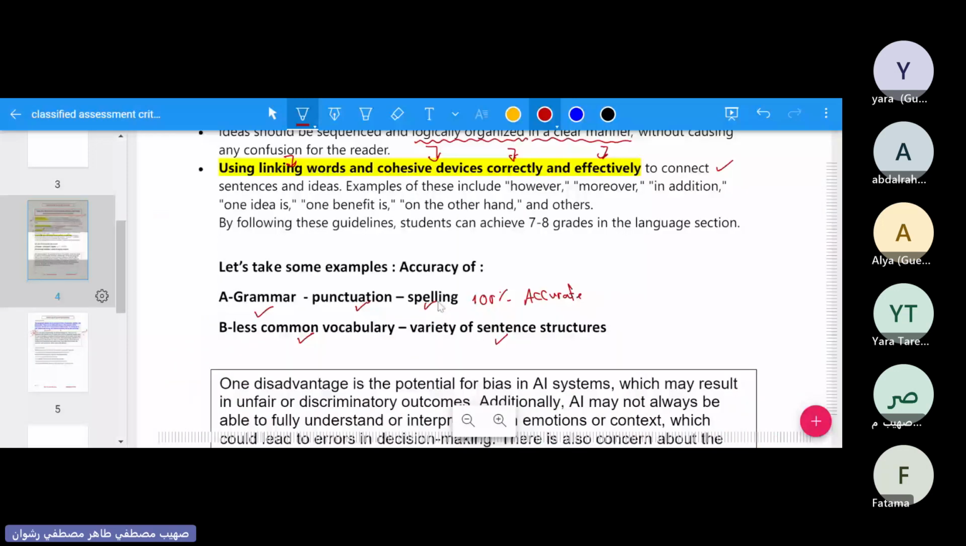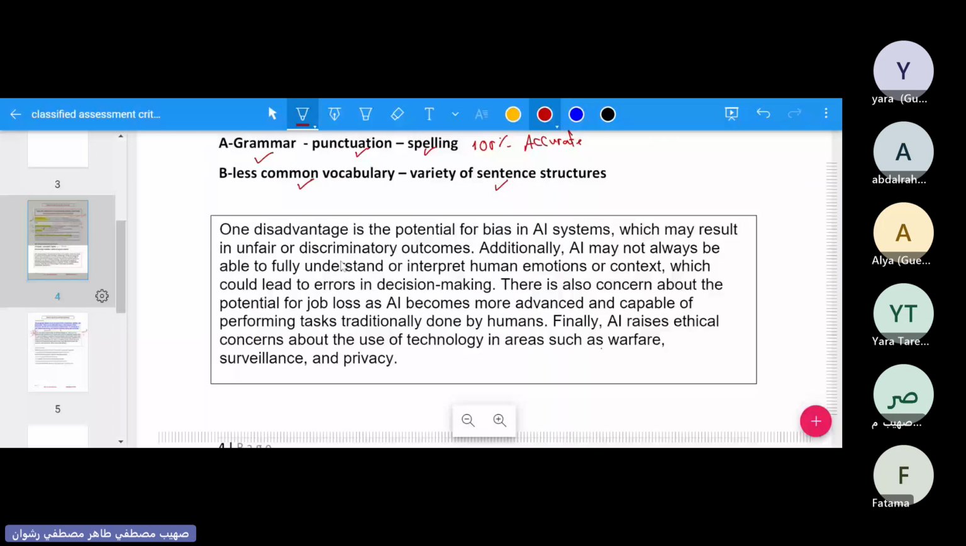Again, now we commented on this paragraph. We said this is 100% accurate in terms of grammar, punctuation, and spelling. What about the less common vocabulary? Does the student here use less common vocabulary? Yes. He used the word potential, the word bias, and discriminatory outcomes, and interpret instead of understand, and decision making. This is a technical word used here. Concern, performing tasks traditionally, ethical concerns,